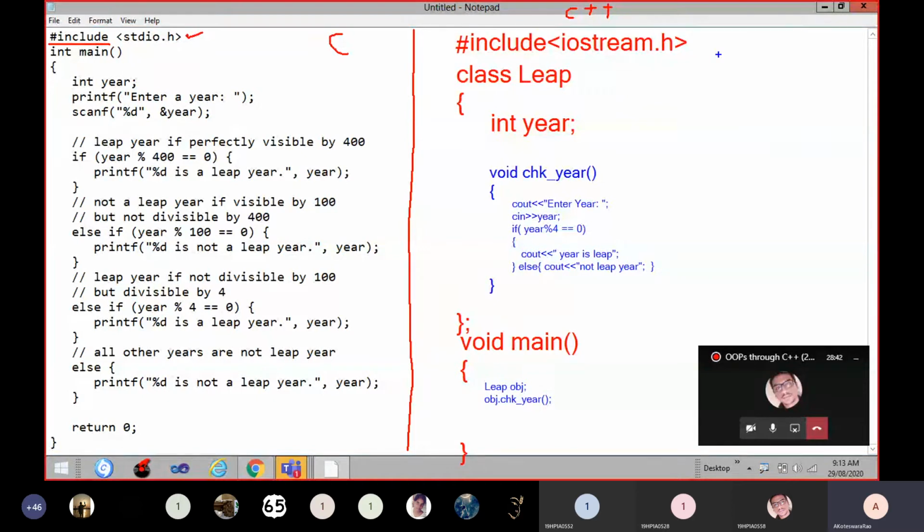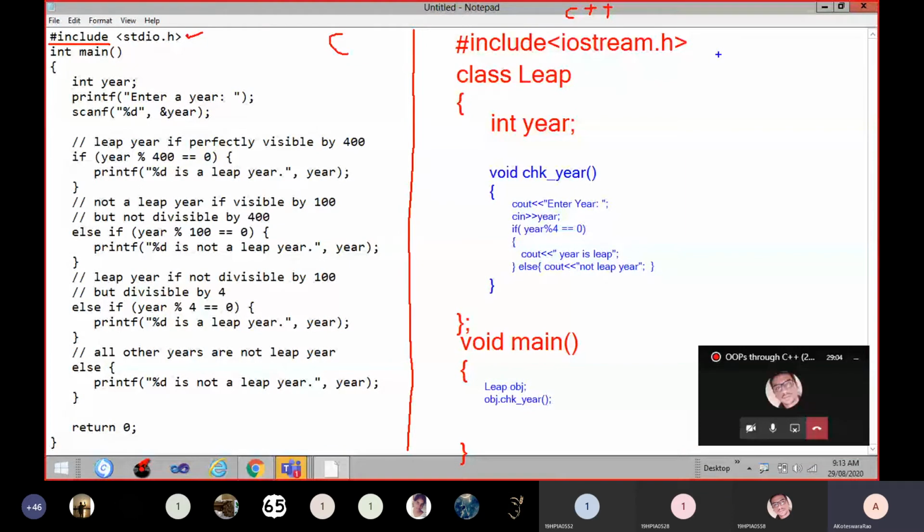Yes, nowadays many compilers are not accepting void main. The MinGW compiler is also one of the most popular compilers in the present market. So the MinGW compiler never accepts void main. So return type void, it won't accept for the main function.